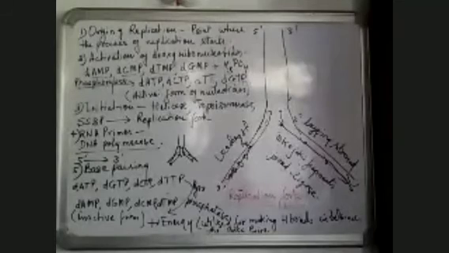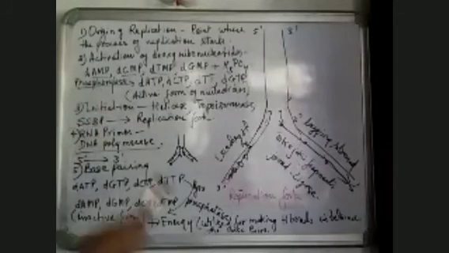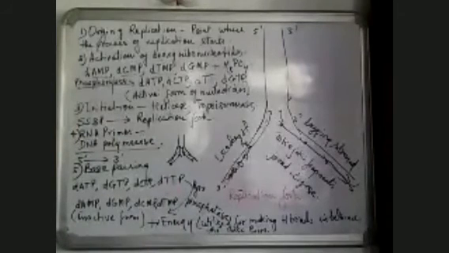Which enzyme is used to convert dATP back to dAMP? It is pyrophosphatase. It is written here. The enzyme which is required to convert the active form into the inactive form is pyrophosphatase. And the enzyme which is required to convert the inactive form into the active form is pyrophosphorylase. Here it is written: this is pyrophosphorylase, this is phosphorylase, and this is pyrophosphatase.